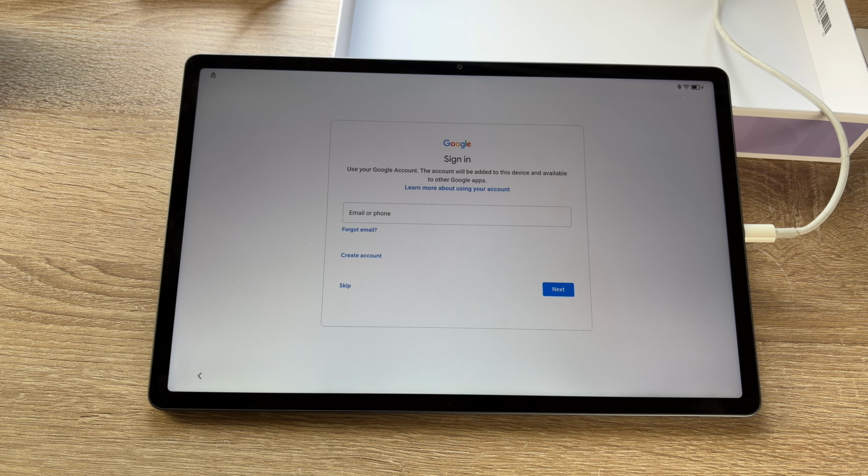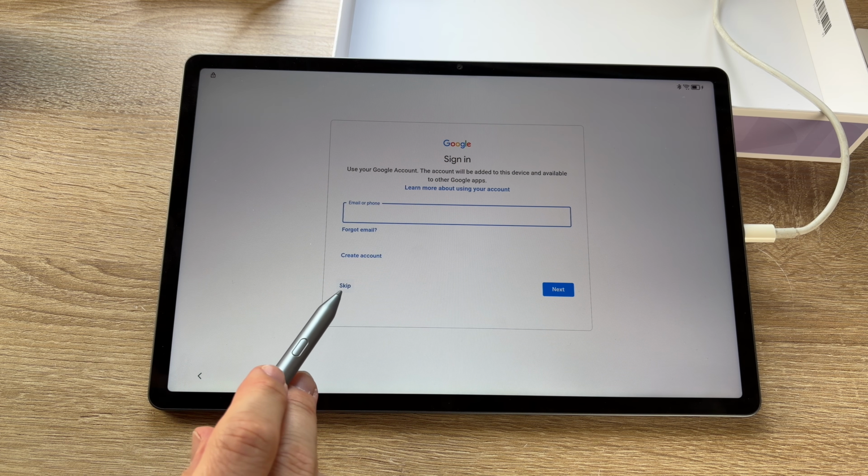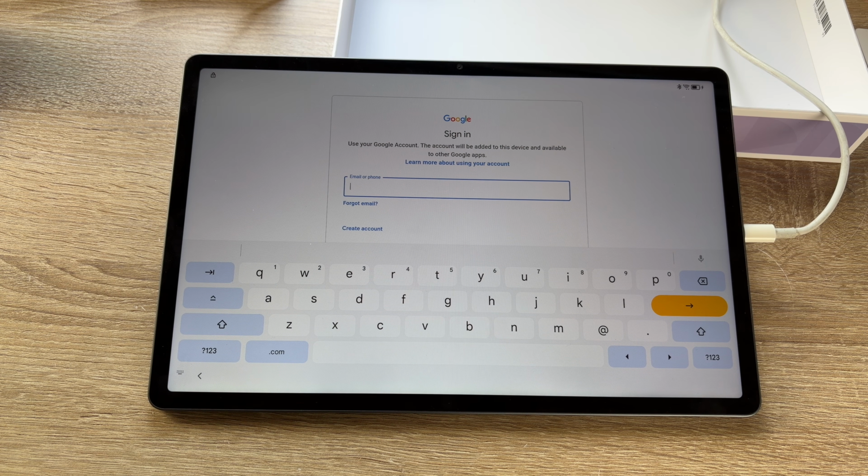It's for free. So enter this into this system, because it is an Android system and you will need a Google account to use the big bunch of apps from Google itself, to use this tablet at full throttle with all possible things, of course. But you do not have to do it. You can skip this. This is possible, yes, but I prefer you enter your Google account into this system here.